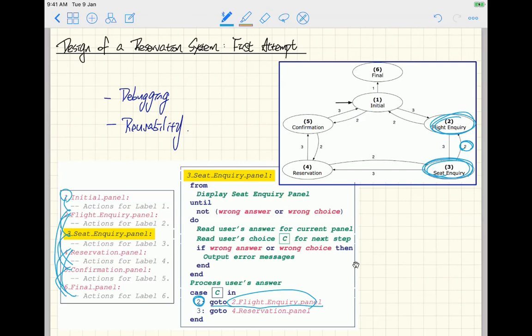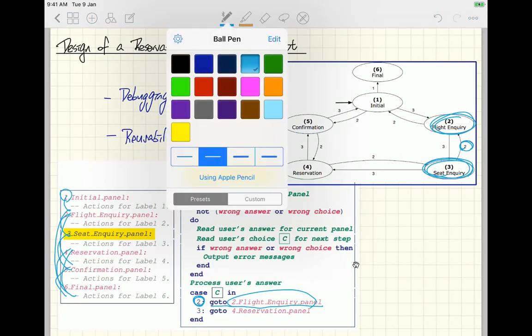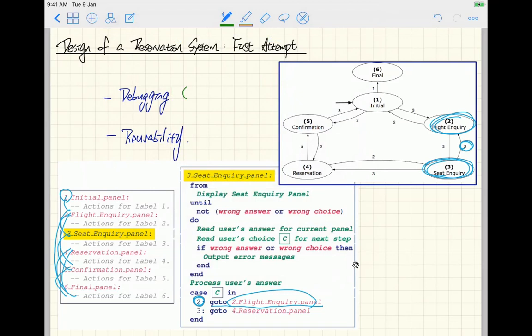Okay? So currently, before I talk about reusability, let's talk about another one. So debugging, basically what I am telling you is you might end up with spaghetti code. And then for